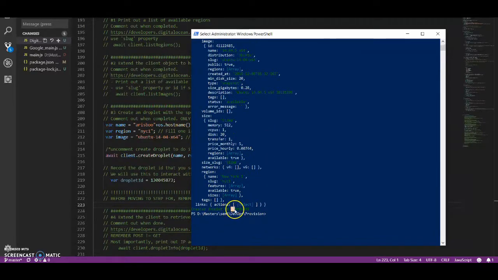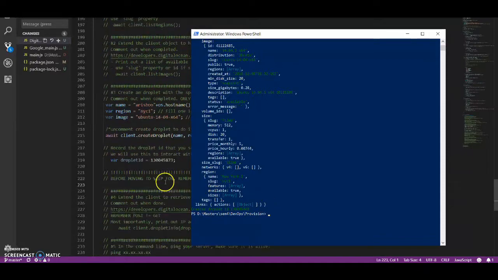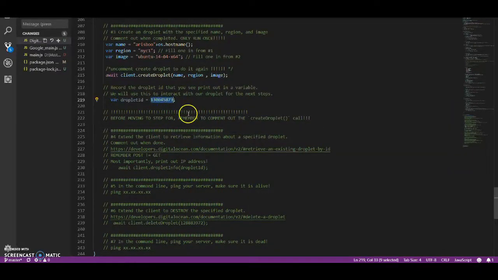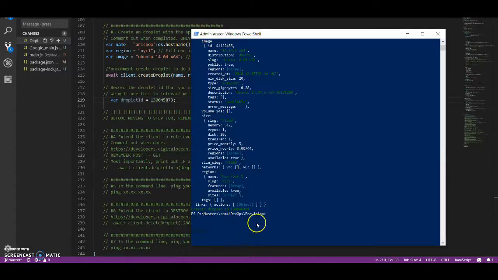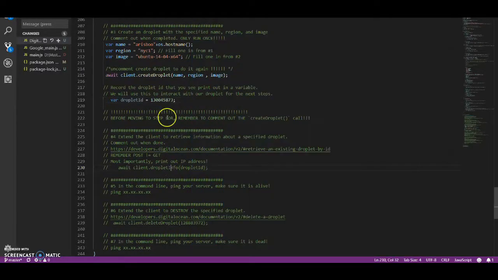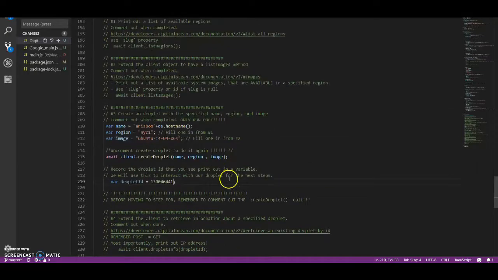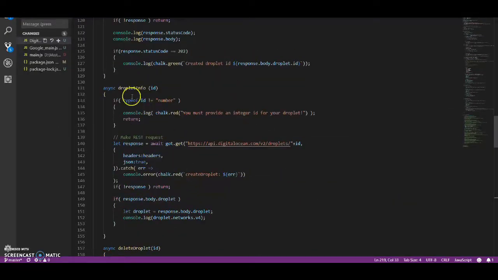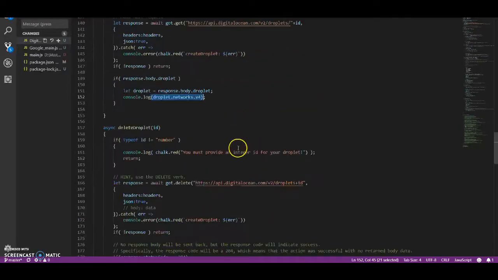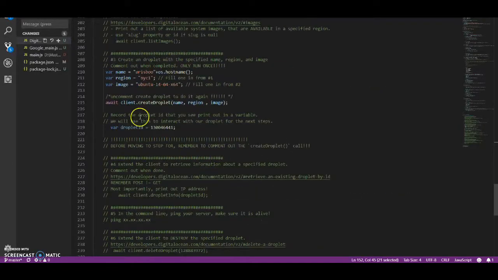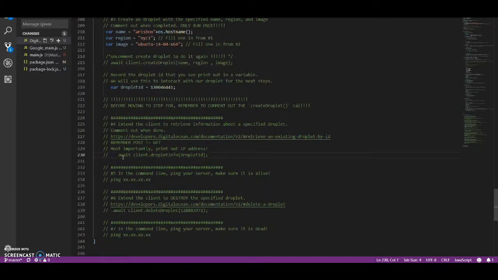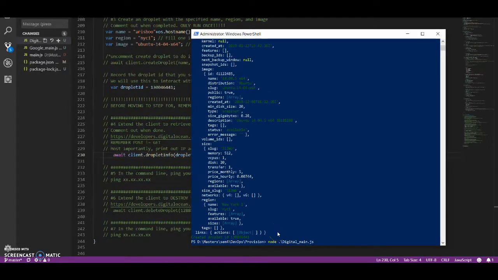This is the ID of the VM. If we want more information about this droplet, we should call another function called the getinfo. So my getinfo basically just gives me the information of the network of the virtual image created, and I'll comment out the create droplet function and uncomment the get info function, and I should see the